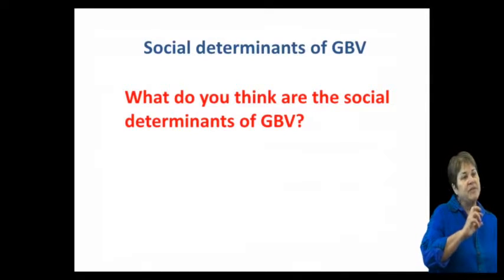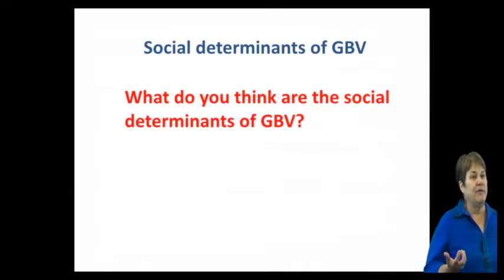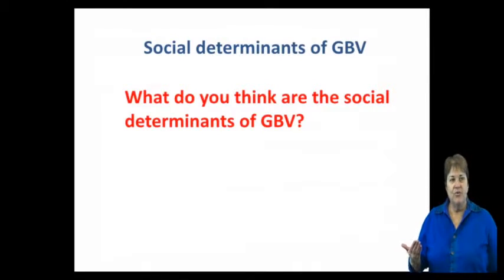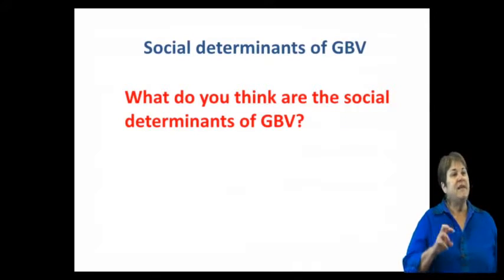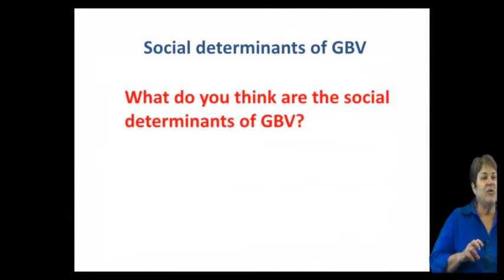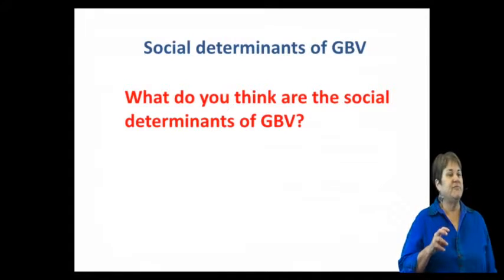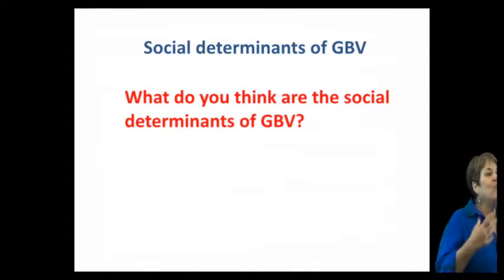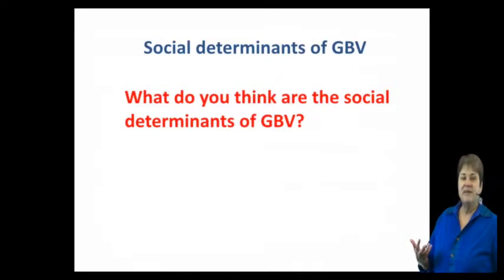So, importantly, there is to look at the damage that form of masculinity, if it's dominant, has on both men and on women, because it's not good for men either. It causes harm to women, which is not good for men, and it also causes harm to themselves. We must remember that most men don't engage in violence, gender-based violence or other forms of violence. So it is important that we look at the social determinants, because if it was biological, if it was testosterone, then all men would be doing this. So I think it's important that we look at the social determinants.